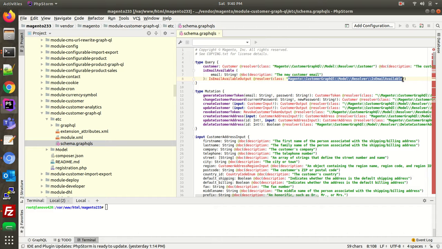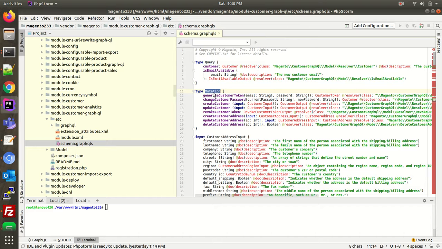Resolver is basically a system, as I said. It will call another class where all the logic or implementation is done, and from that class it will come back to the resolver, and the resolver will give you the output. So this is the work of the resolver. Yeah, so this is the query, and the same way mutation also works.